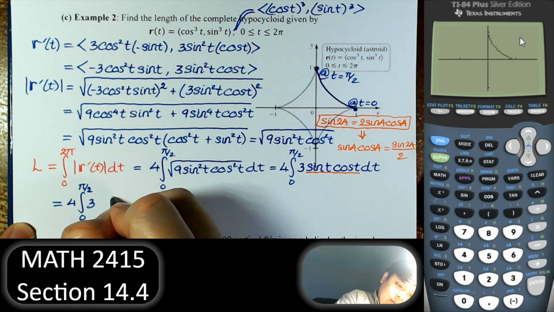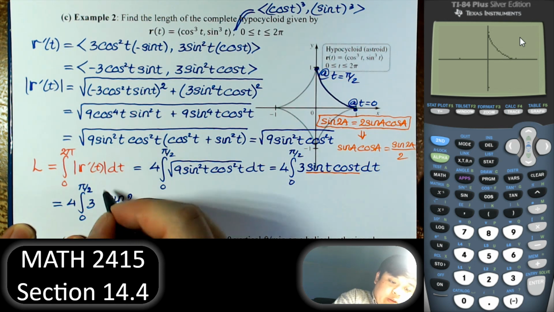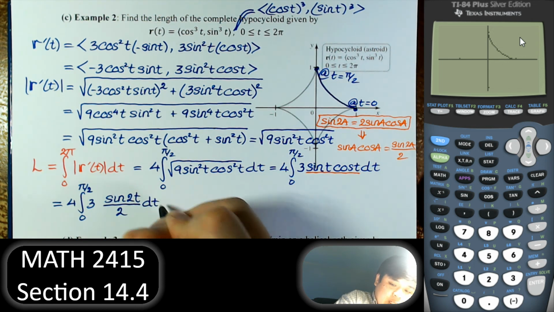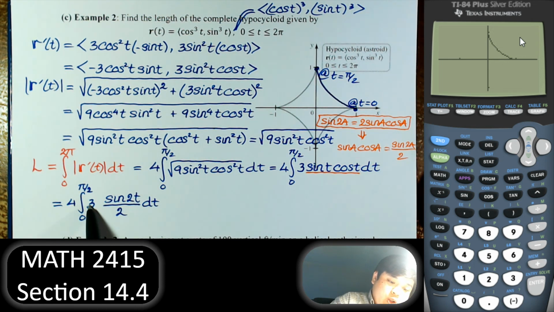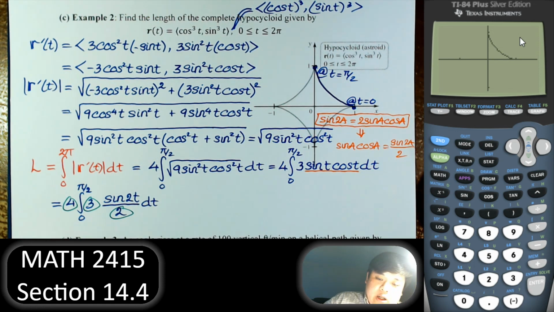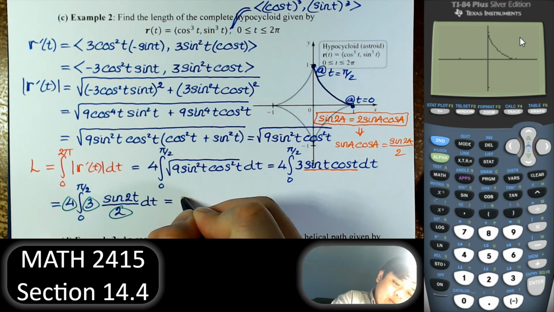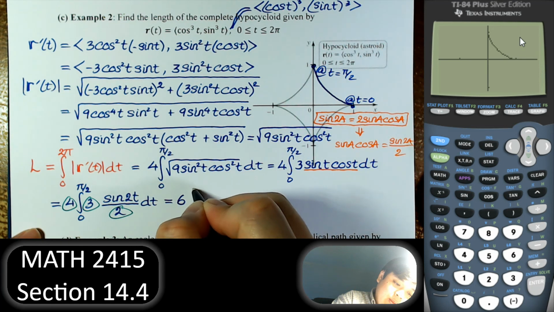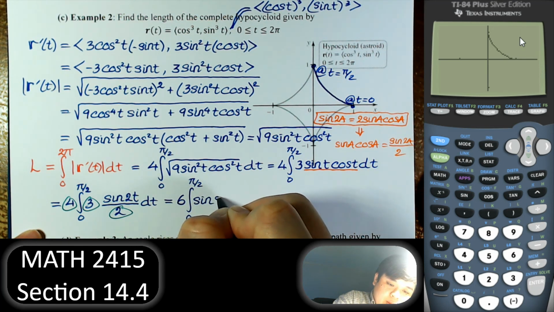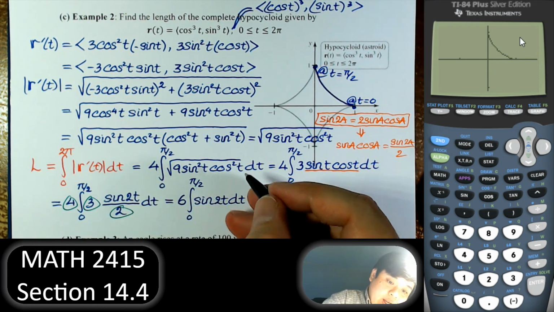Sine 2, variables t over 2 dt. Right, we have 4 times 3 divided by 2. So that would be 12 divided by 2, which is 6. Right. And then